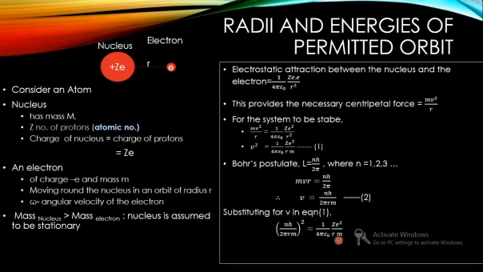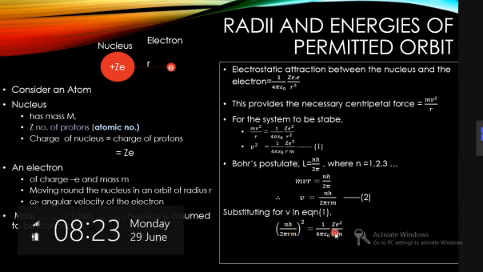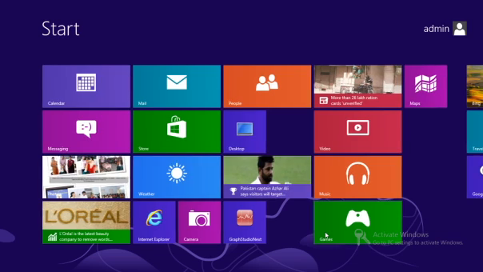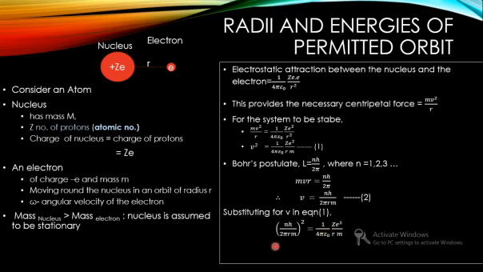Can you do it? So one of the m will cancel out, one of the r will cancel out, then 4, then 2 pi, 4 will cancel out, and one of the pi will cancel out. So remaining will be, can you do it? Just rearranging and cancelling, you'll get it as,